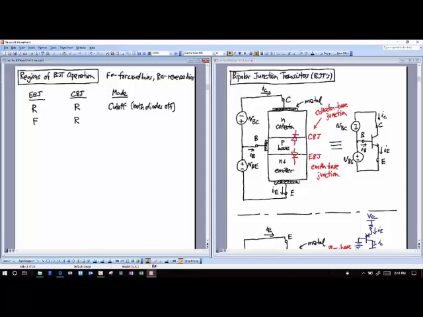I'll show that in a second, but let me identify this mode as forward active. This is the mode that's widely used in analog amplifiers. I would say that all of the bipolar junction transistors in your 741 are operating in the forward active region. Okay?